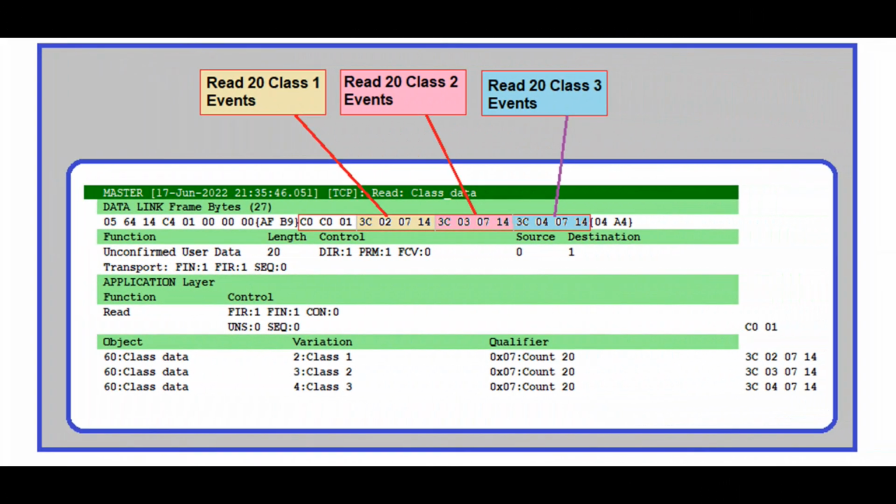The final example is used to read up to 20 events from the outstation. The same application header and function code is used. The first object header is for group 3C, which is class data again. Variation 2, which is class 1. Qualifier 7, which specifies a count of points, and a range of 20, which says I can read up to